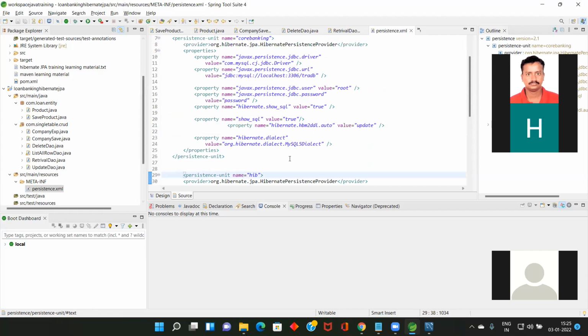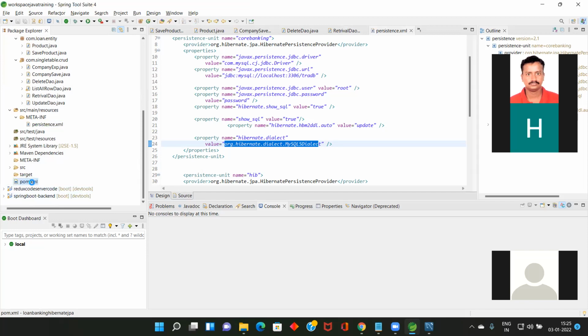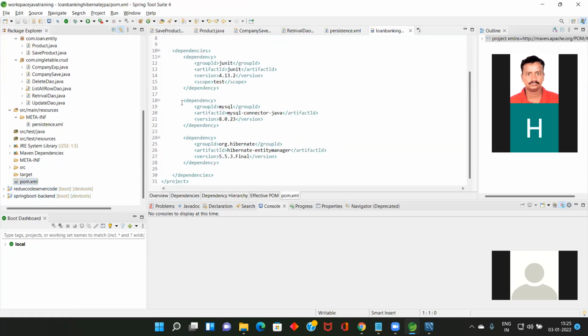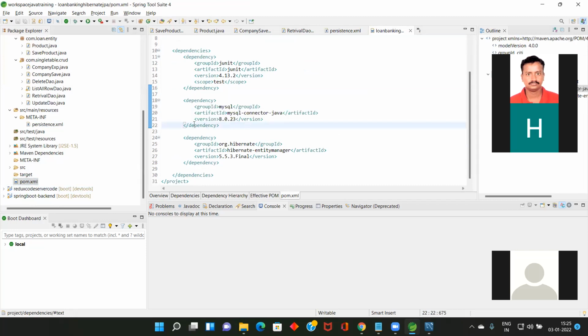So if it is MySQL, only here changes. You need to change the database driver name and URL parameter. This will be JDBC MySQL, whereas for PostgreSQL, it should be different. You need to change this one, and you need to change the dialect. That's all. No other changes. And in dependency, you should import PostgreSQL instead of MySQL. That's all. Only four places change if you want to use any other database. Anyway, now we will see this part, and after that we will correct if there is a problem.